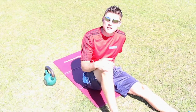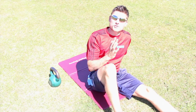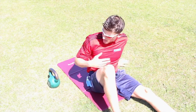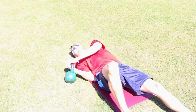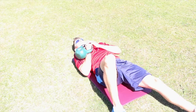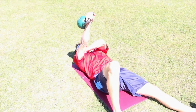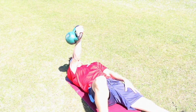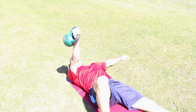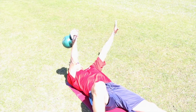Right, so the first part of the Turkish get-up is from the lying down position just up to the top part of the sit-up. You want to grab your kettlebell, grasp it in the hand, extend up into the air, locking out the shoulder. Same side leg is bent, other leg is straight, arm out to the side, using your core muscles and your other hand,